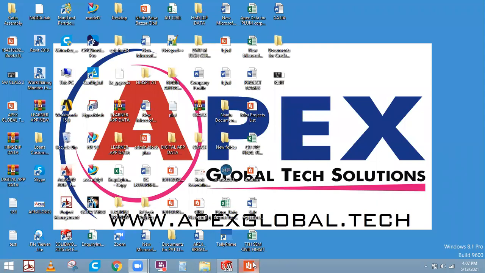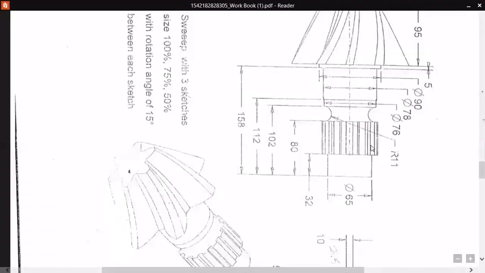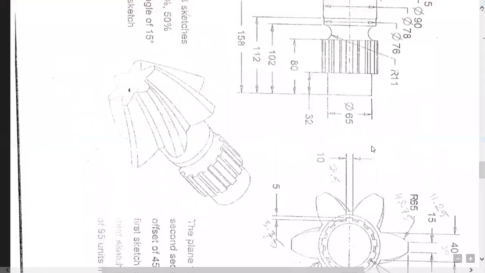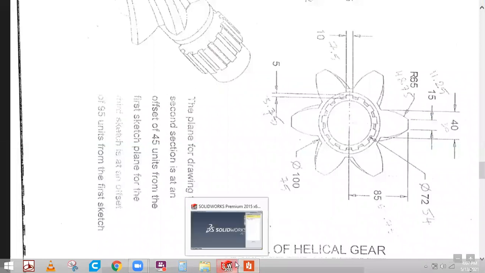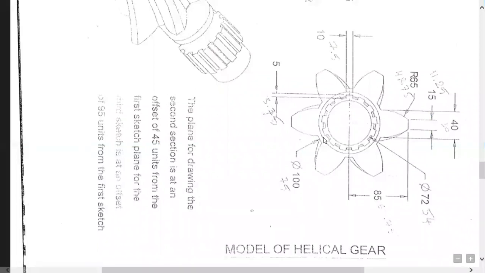So now, as we know, he has given the 3 sketches, and the sketch you have to draw is this one. Can you see this here? Can you see the sketch here? Can you see this image? Can you see the image? Yes, sir. Then speak up. So see here.